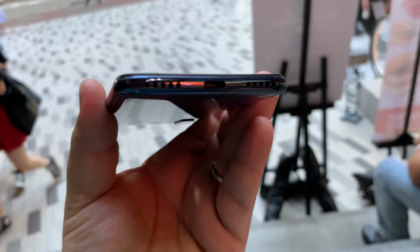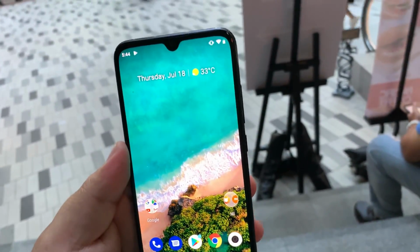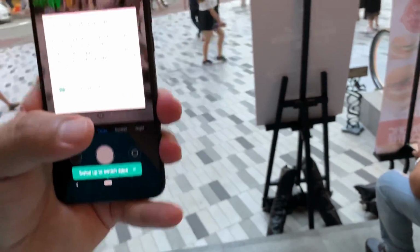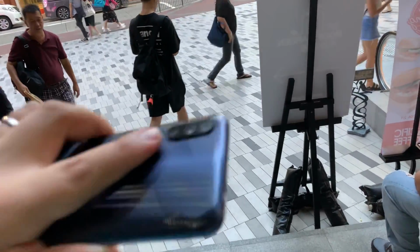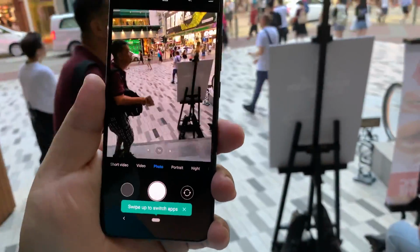Looking at the speakers there, we have a mic and a speaker. I don't think there's going to be dual speakers on this phone, pretty certain of that. And let's wrap up here with the classic Frankie Tech camera shot. I'll have to do more testing here, but it's nice to have. Look, we have a triple camera setup on this phone, and the price I got this phone for was